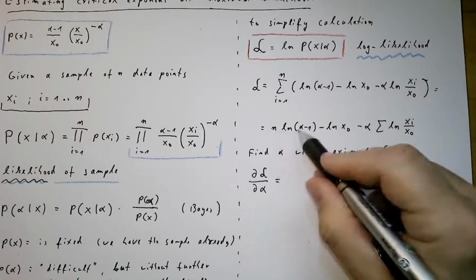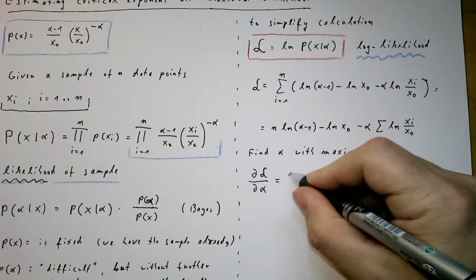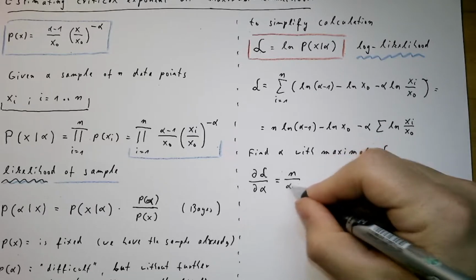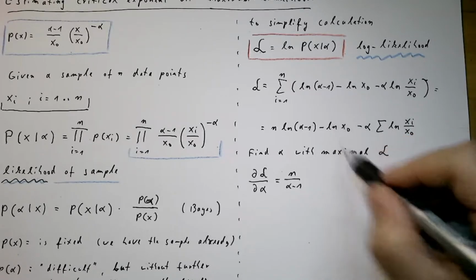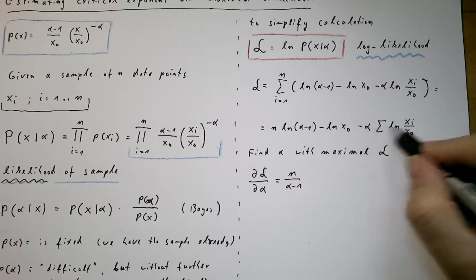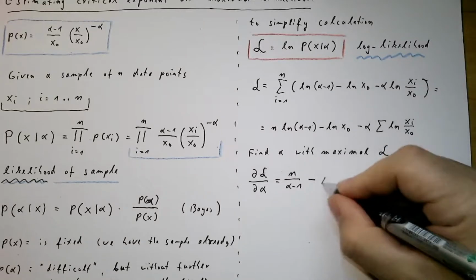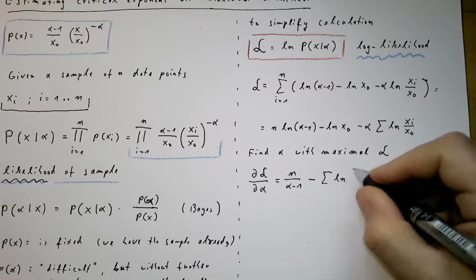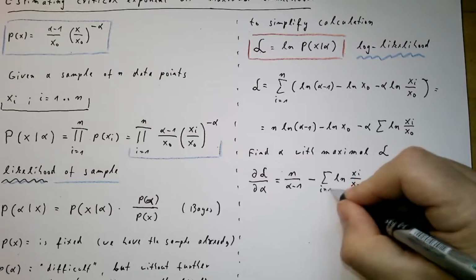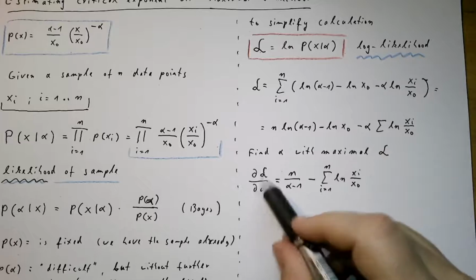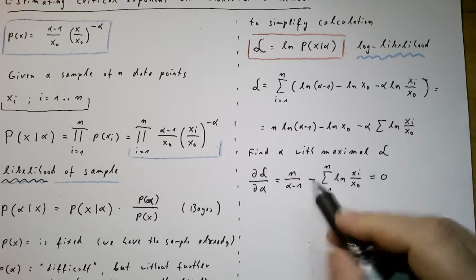So we have here n times the derivative of the log, which is 1 over the argument. So we have here n over alpha minus 1. Here the derivative of this constant just disappears. And now we take the derivative of this, then just the constant alpha, this alpha goes away. And this is minus the sum of the logarithm of xi over x0, and this sum runs from i to n. So that was just the derivative, and now the derivative has to be set to 0 to have a local extreme